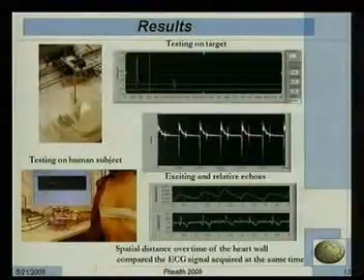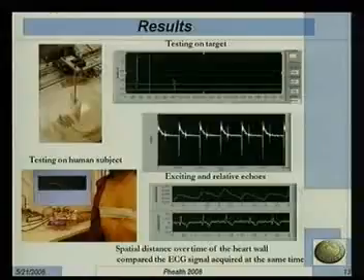We tested these experiments on human subjects. They were volunteers. And here we have the evaluation of the movement, of the motion of the heart wall, and it was compared with the ECG signals acquired simultaneously. It's worthwhile noting that